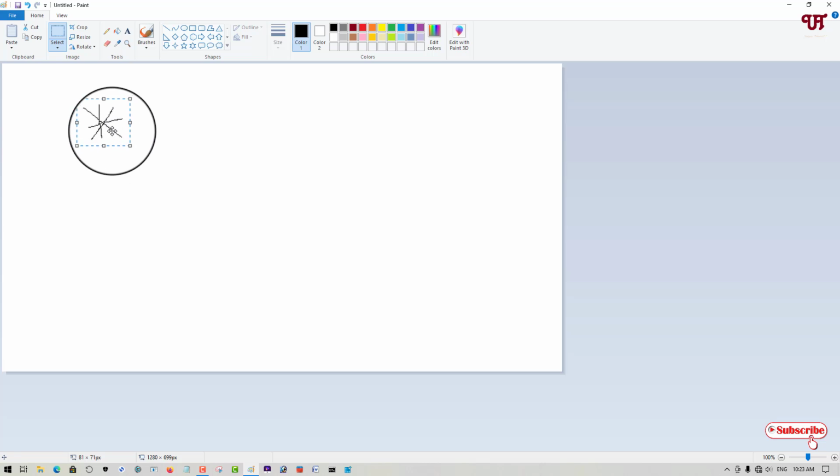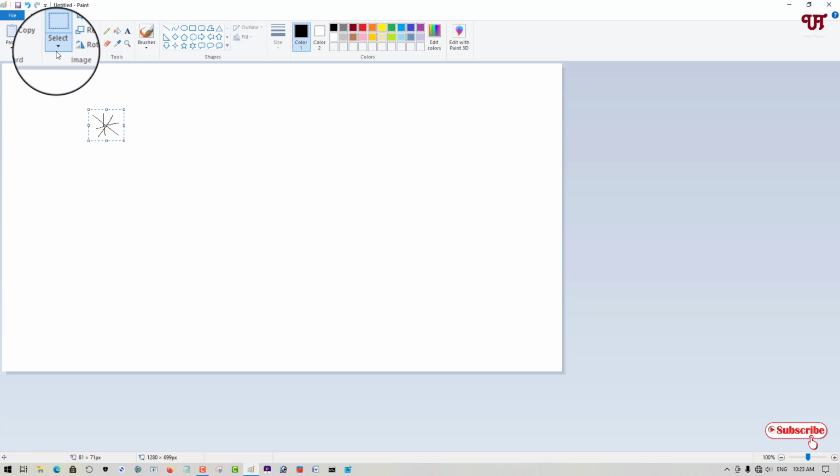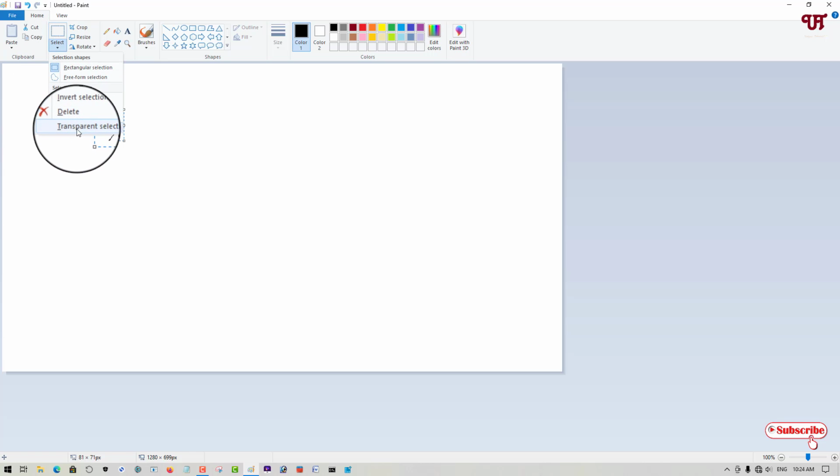I've selected it, right? Now once again, click on the Select down arrow. Under that, you need to enable transparent selection. Just enable this. Now on your computer keyboard, press and hold the left Shift button, and now press your mouse cursor